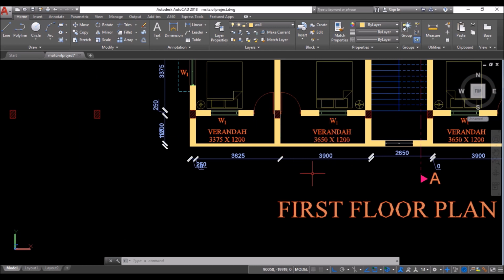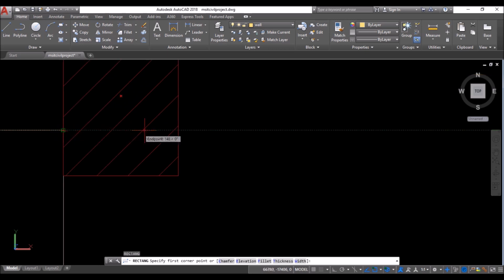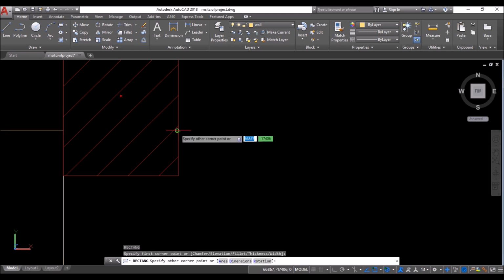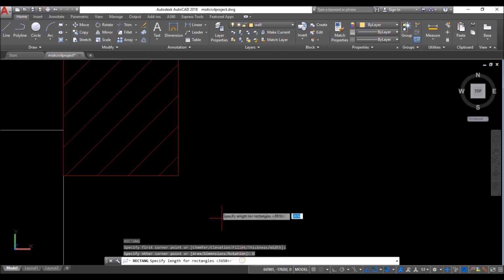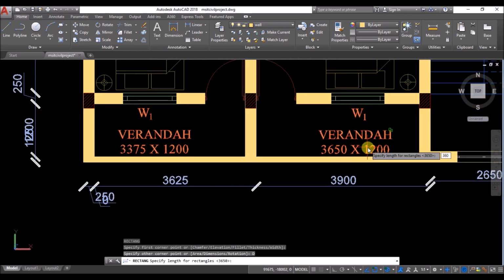Then for this veranda, repeat rectangle command. Take the endpoints extension towards right as shown. And then click at the intersection snap. And then draw the rectangle of 3650 mm length and 1200 mm width.